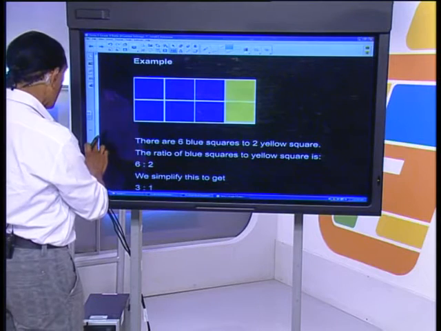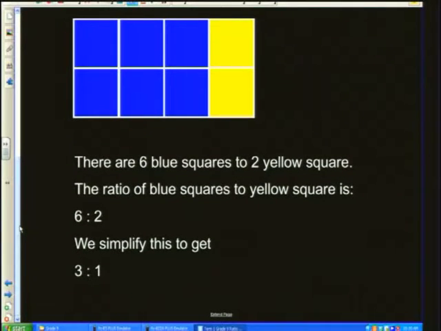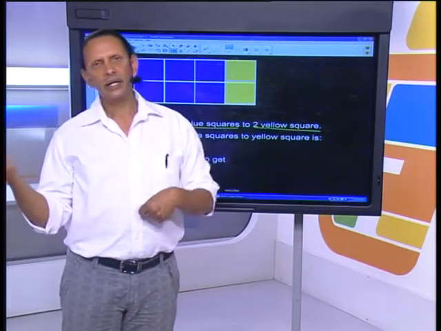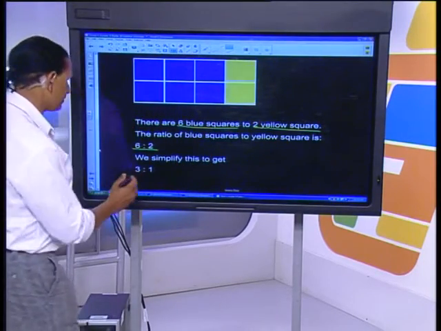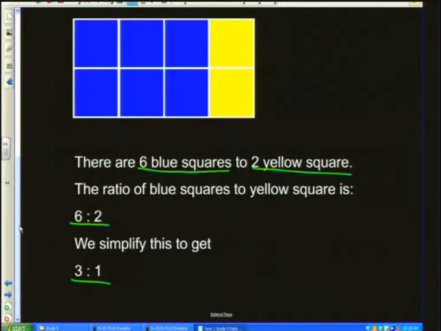Now how many blues do we have? We have 2, 4, 6 blues and 2 yellows. So there are 6 blues and 2 yellow squares. So the ratio, of course, is 6:2, isn't it? Because there are 6 blues and 2 yellows. However, if I simplify,